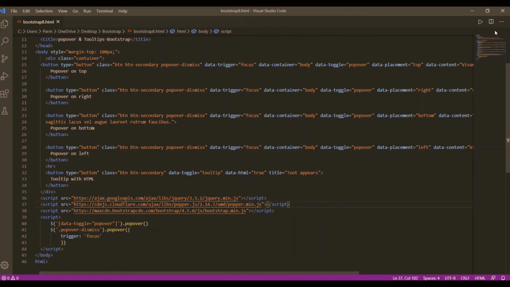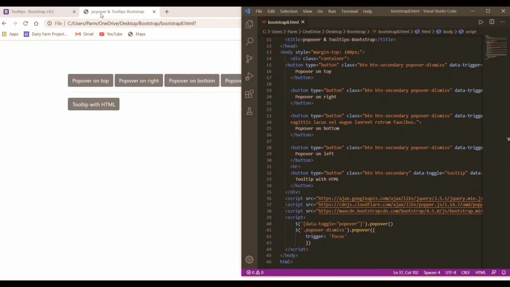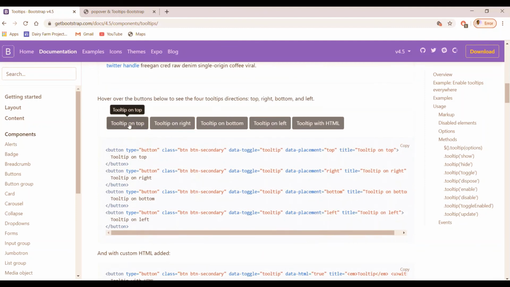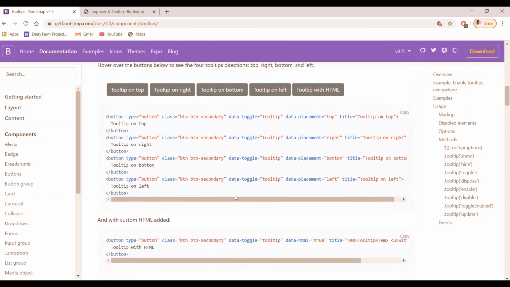Save the changes. Here we go, and refresh here. The tooltip appears. Here it is, and we can make this appear on top, right, bottom, left, and tooltip with HTML this way.